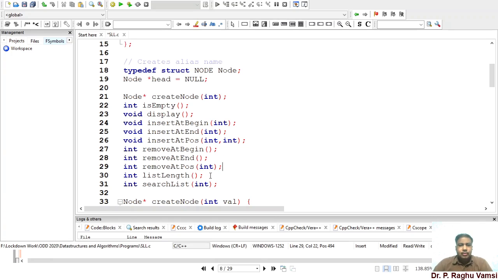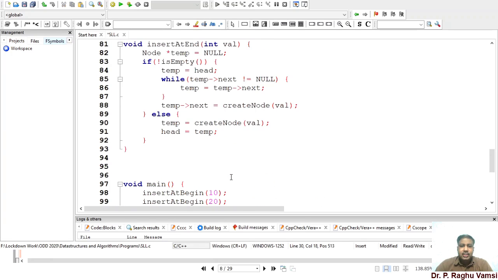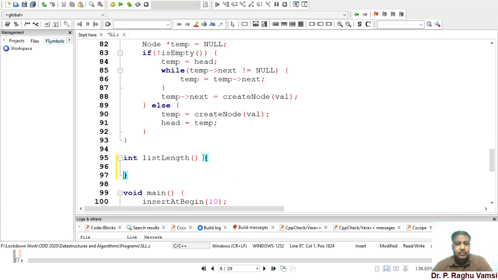So next, we'll define the list length first. The list length will give you the length of the list. Int list length. We are supposed to calculate the length of the list. Int count is equal to 0.